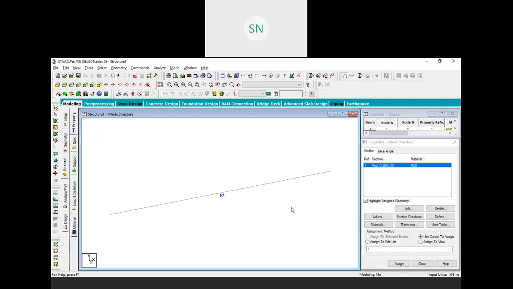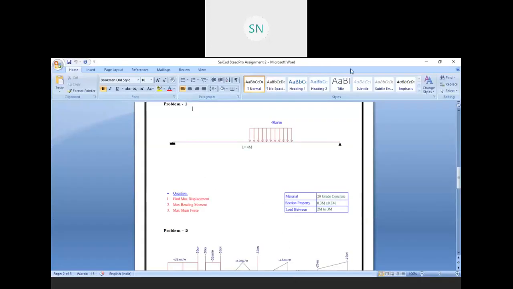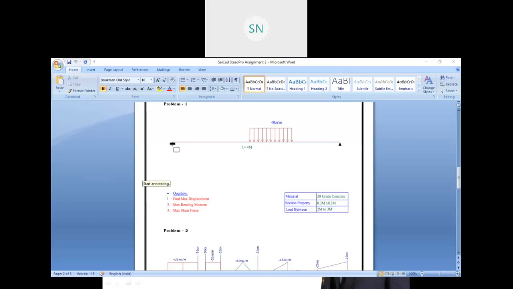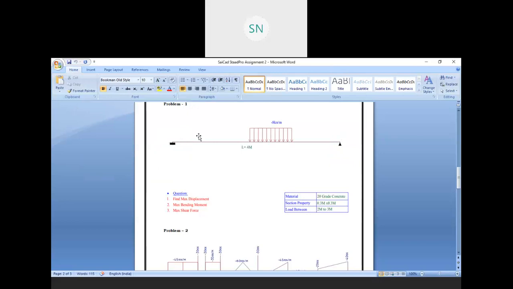Now our third step is support. So let me again go to our model, our problem. So here we have two types of support. First one is fixed support, this one, and this one is the pin support. And as you all know, every node or every object has 6 degrees of freedom, and when we provide a support, its freedoms are going to lock. So that is our support.